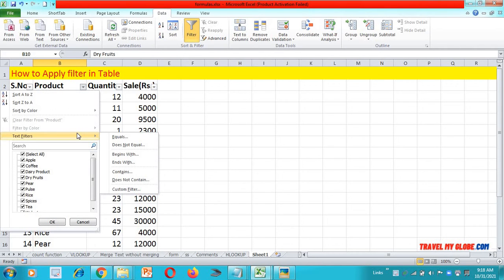Now if you click on the text filters, you may find so many options like equals, does not equal, begins with, ends with, contains, does not contain, and custom filter.